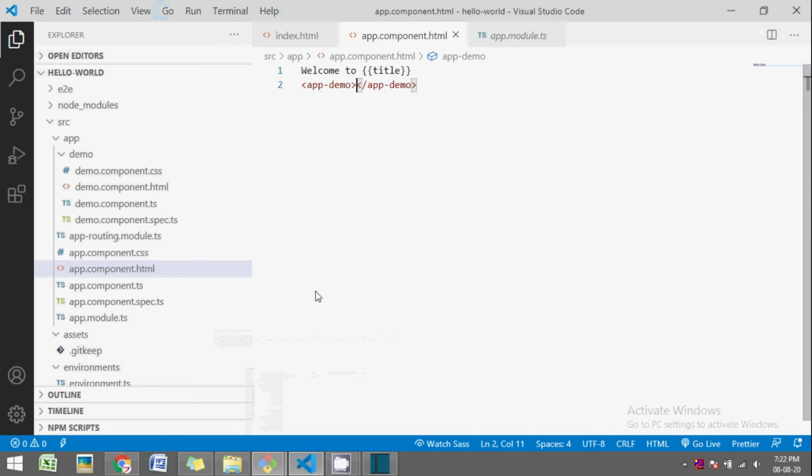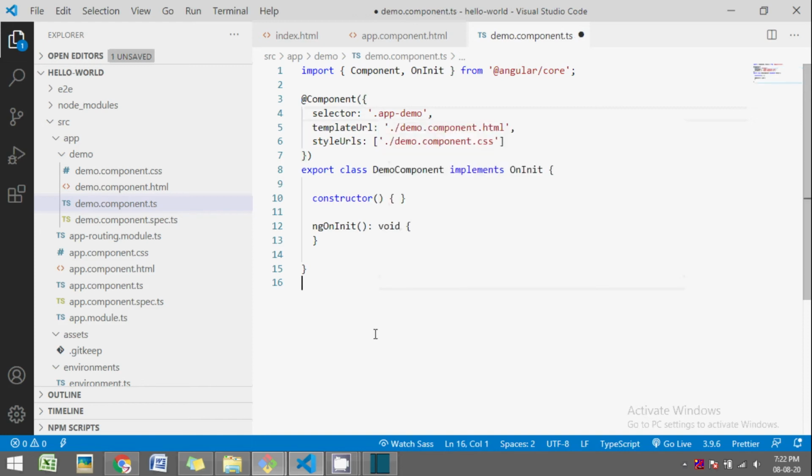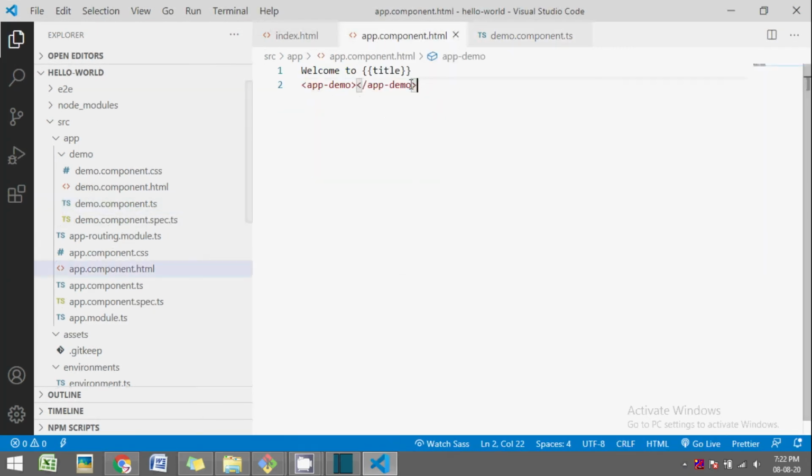Now we will make some changes to our newly created component. For that, go to demo.component.ts. There are three ways to specify your selector. The first we have seen already. The second way to specify the selector is to use it as a class. So begin your selector with a dot and you can use this selector as a class name. So instead of the app-demo tag, we can have a div tag, and to this div tag we have class equal to app-demo. Just save and go to the browser and you will see the same output as earlier.